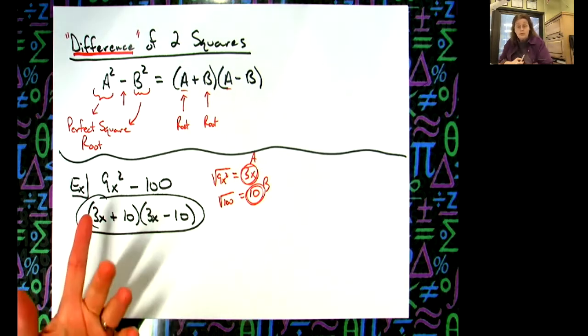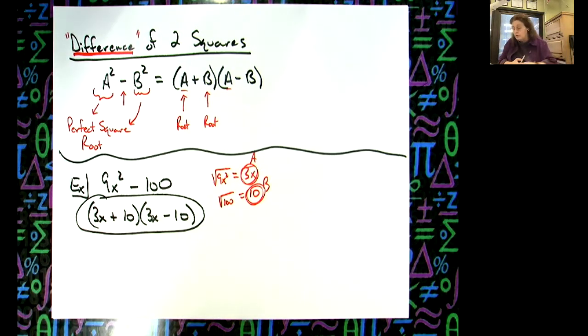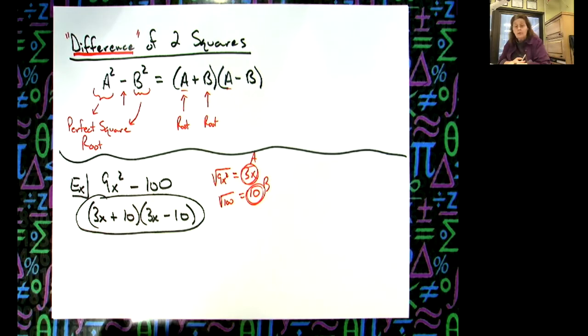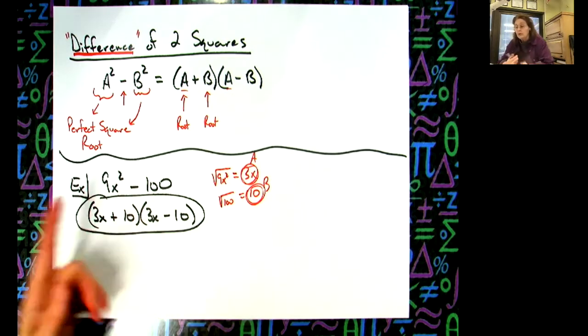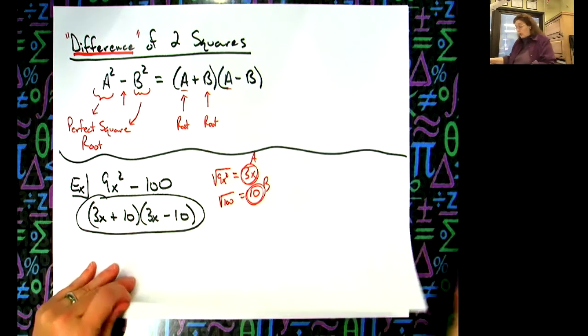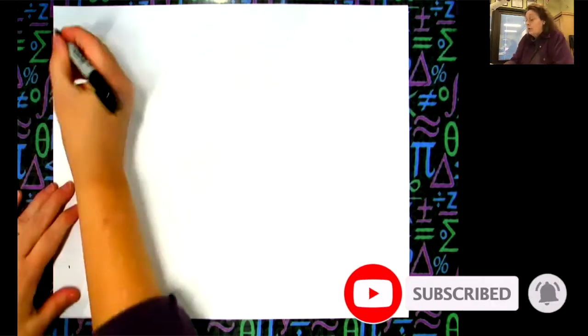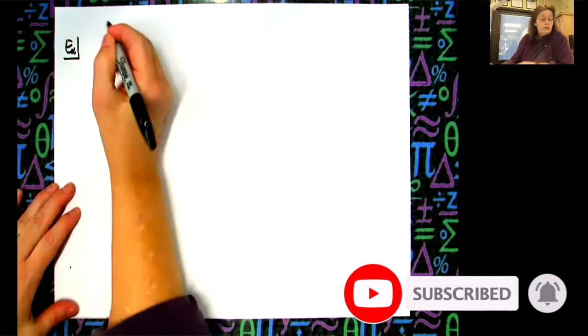Okay, now if I wanted to, like we were doing on Tuesday, we FOILed it back out. If I checked this and FOILed it back out, I would get 9x squared minus 100. Generally these are so easy that we don't check them, but you're more than welcome to check them. Okay, let's see. How many of these can we do? We can do lots of them. Let's say we had